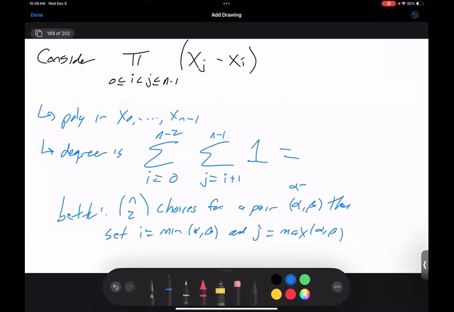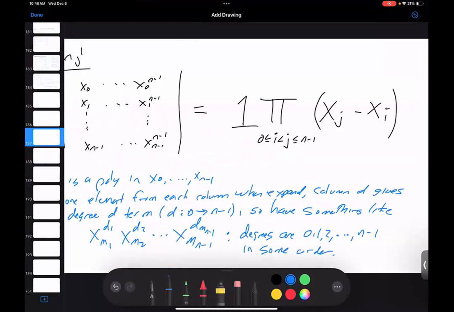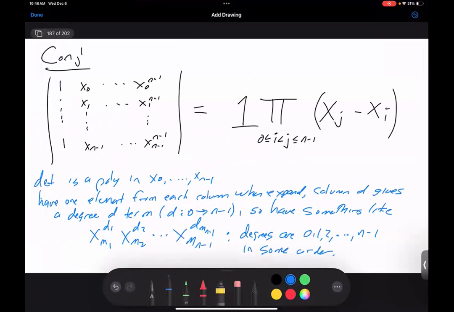And of course, I'm assuming alpha, not beta, in the set 0 to n minus 1. And n choose 2 is just n times n minus 1 over 2. So the only difference is, do I write n and then n minus 1, or do I write n minus 1 and n? So we know that this is also a polynomial of degree n minus 2. So if we go back to our conjecture,